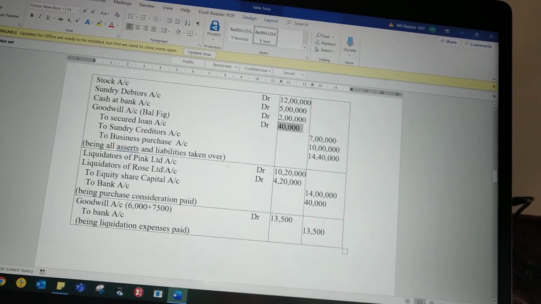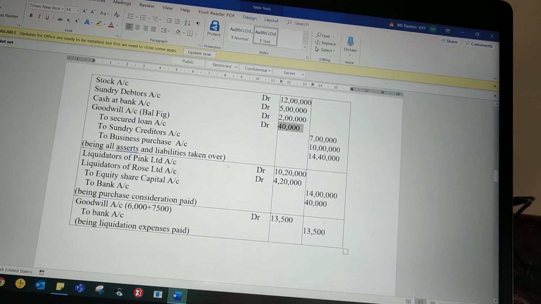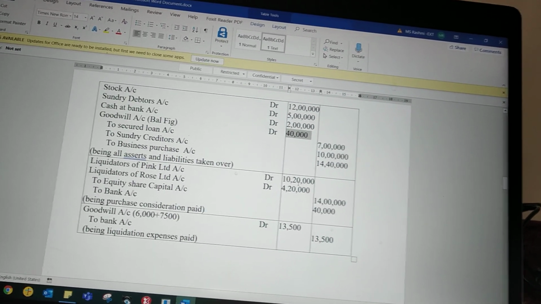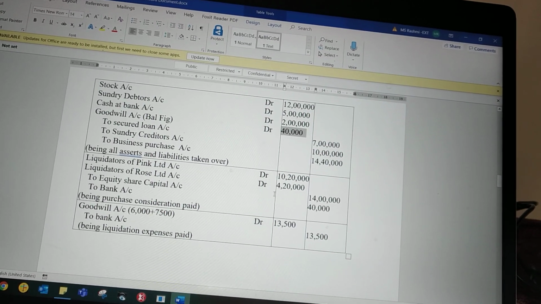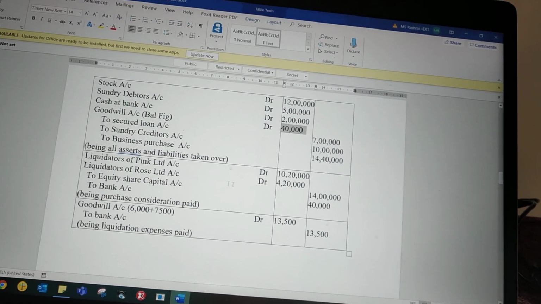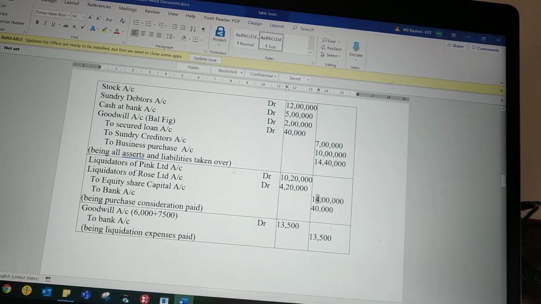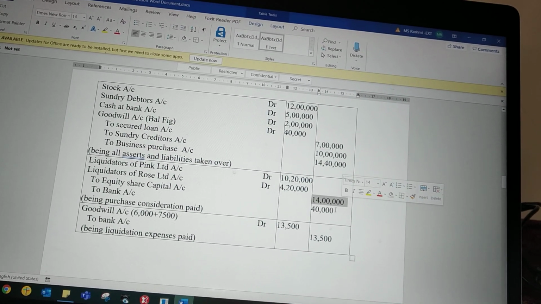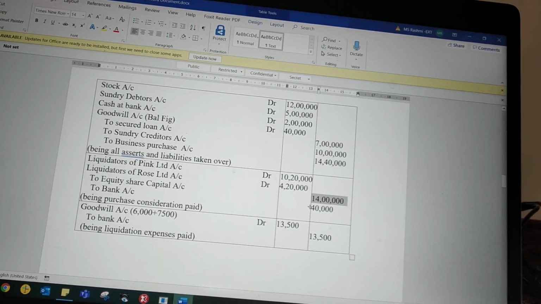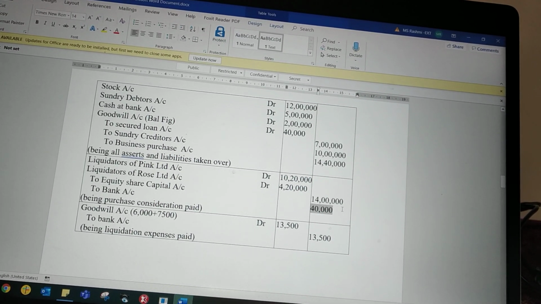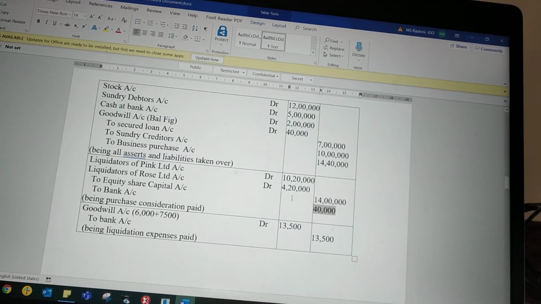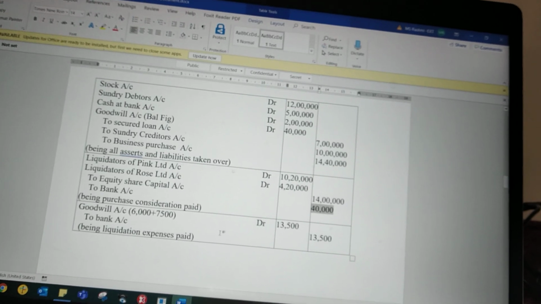And the next one is whatever the amount you have to pay for the liquidator of Pink Limited and Rose Limited. We already calculated 10 lakh 20,000 for the Pink Limited, liquidator of Rose Limited 4 lakh 20,000. Through equity share capital we are paying 14 lakh. We already calculated that in the purchase consideration. The same thing, instead of that, cash amount also we are paying, 20,000 each, meaning 40,000. The total amount will be 14 lakh 40,000 we are paying. So finally